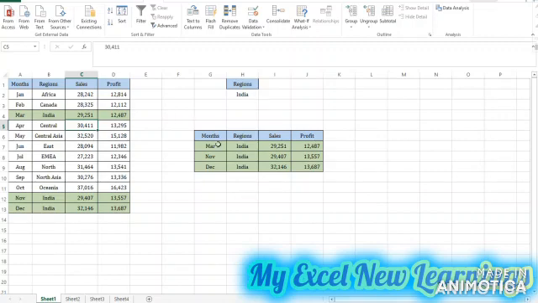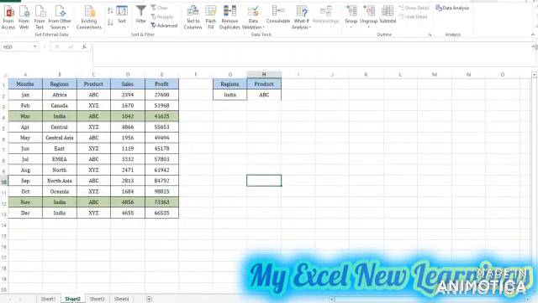So here the advanced filter has given me the records for region India, that is for March, November, December and the sales. So purposely I have colored it so it is easy to identify that we have 3 records for the region India and this is the sales and this is the profit. So this is the first method for single criteria.